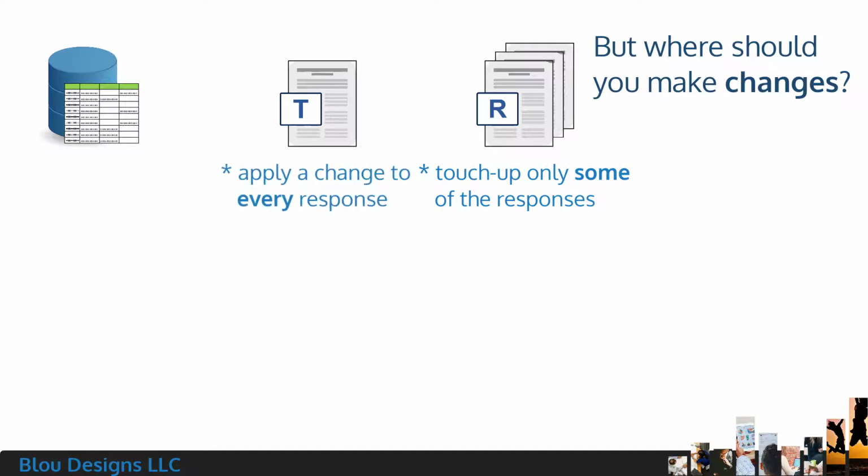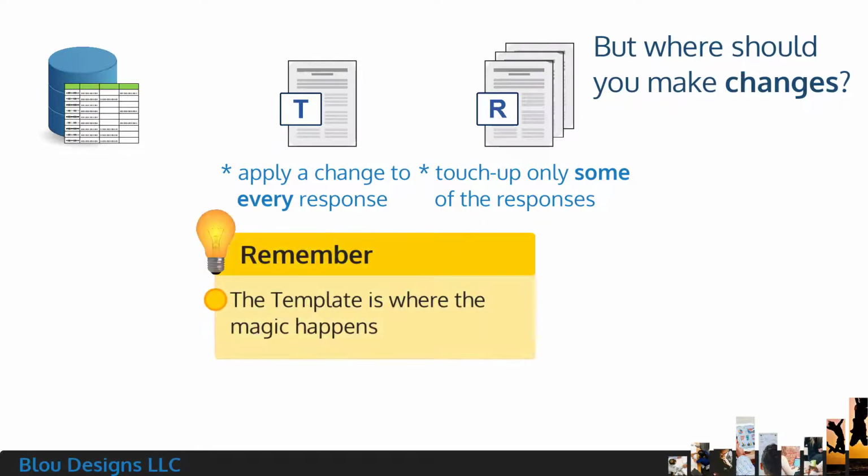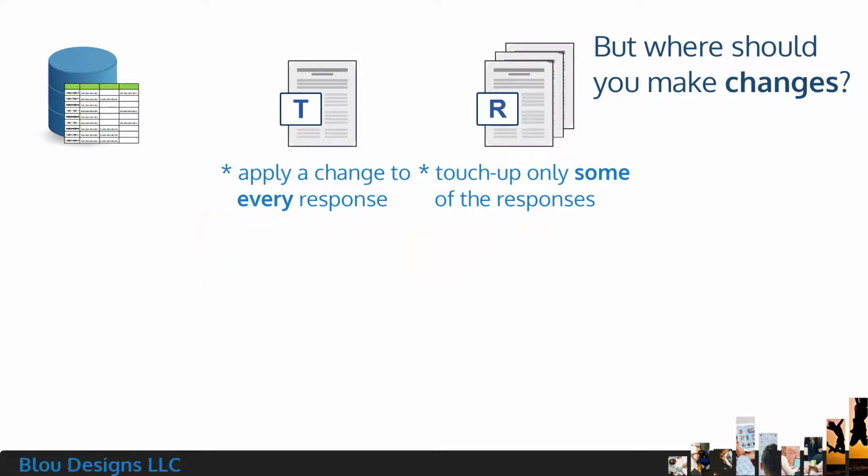If you decide that you want to make those changes more permanent, and you want to apply them in the future to all of the responses included in your review document, that's when you should make that change in your mail merge template. Remember that it's in the mail merge template that most of the magic happens. This is where you'll change how data is formatted by doing things like rounding numbers or bolding text. This does not change the CSV data source file, and it does not change the data in your former survey